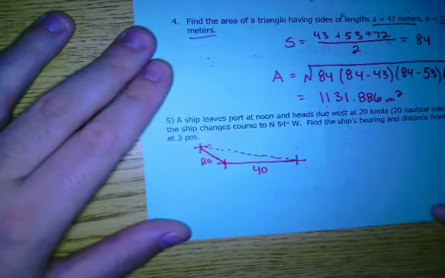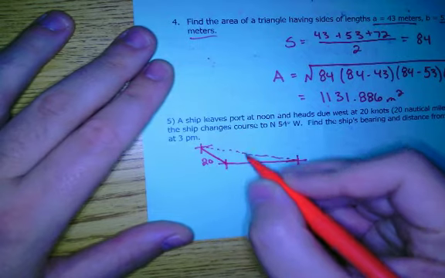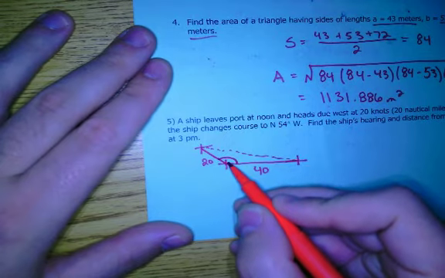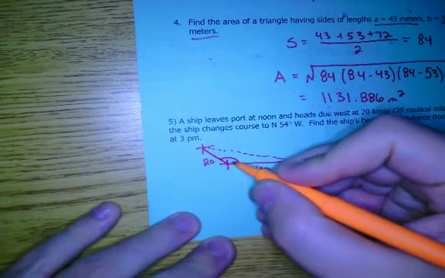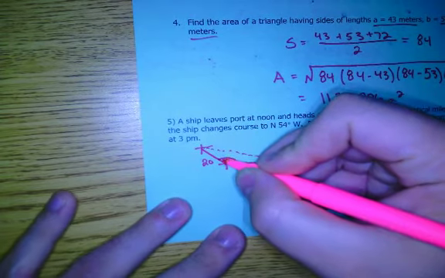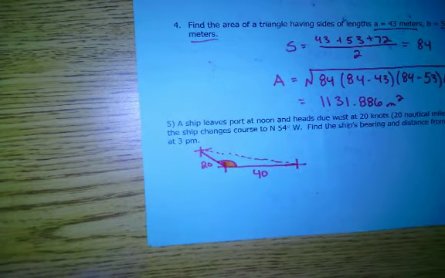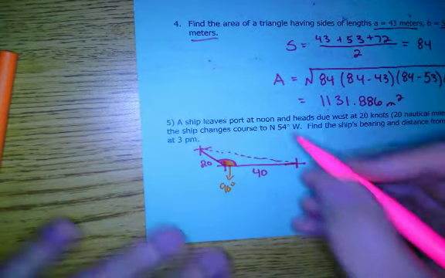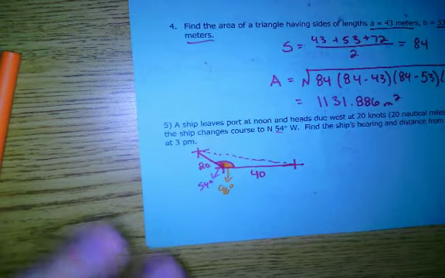So it wants to find the ship's bearing and distance from the port. The distance one is the easier one to figure out. So we have 2 lengths to find this. We're going to need this angle value right here. There are 2 parts to it. Just color it in. I'll do orange. Orange is the easier one. And let's do pink. Pink is the slightly tougher one. Orange, since it's the entire first quadrant, is going to be 90 degrees. And pink is 54 degrees. Add those together and you get